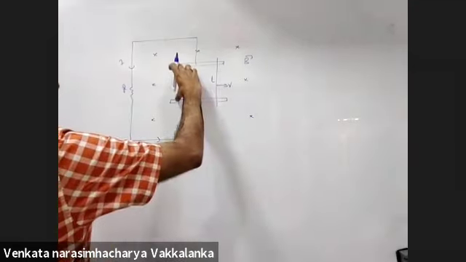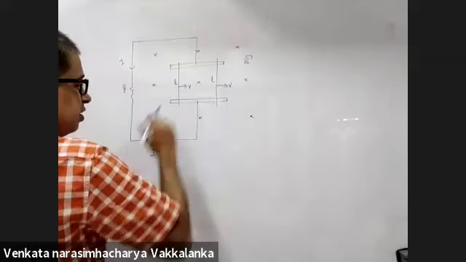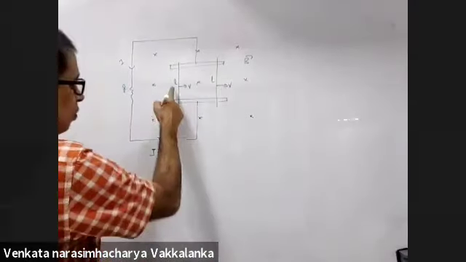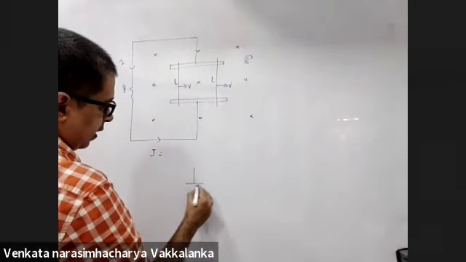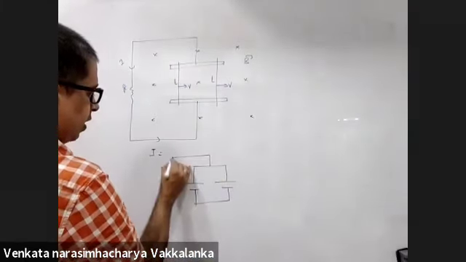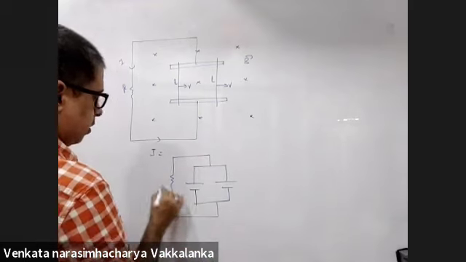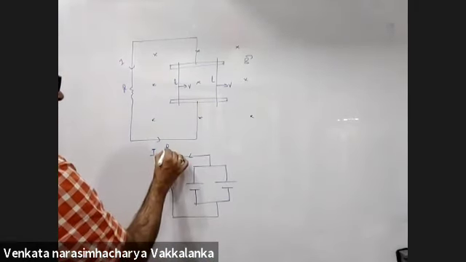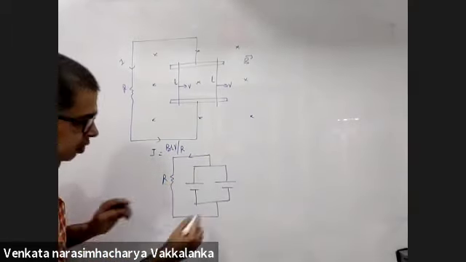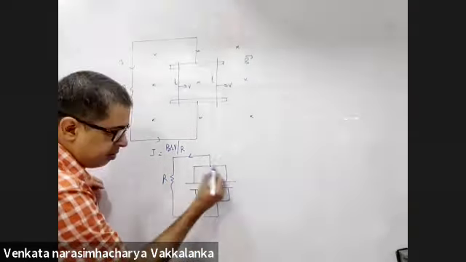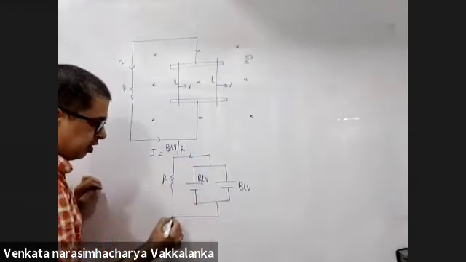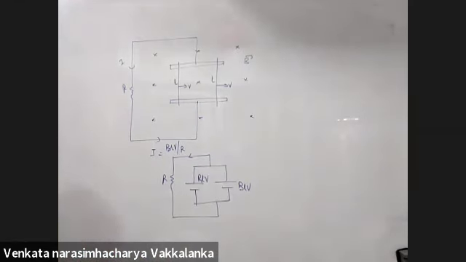Now here, if you observe, the resistance is not in series with the batteries. It is in parallel to the battery. So if I replace this with a battery, this is BLV, this is BLV. This is BLV by R. Two ideal batteries in parallel. What will be the potential here? If I take this to be 0, this will be BLV. This is also BLV. So the EMF across the resistance will be BLV.